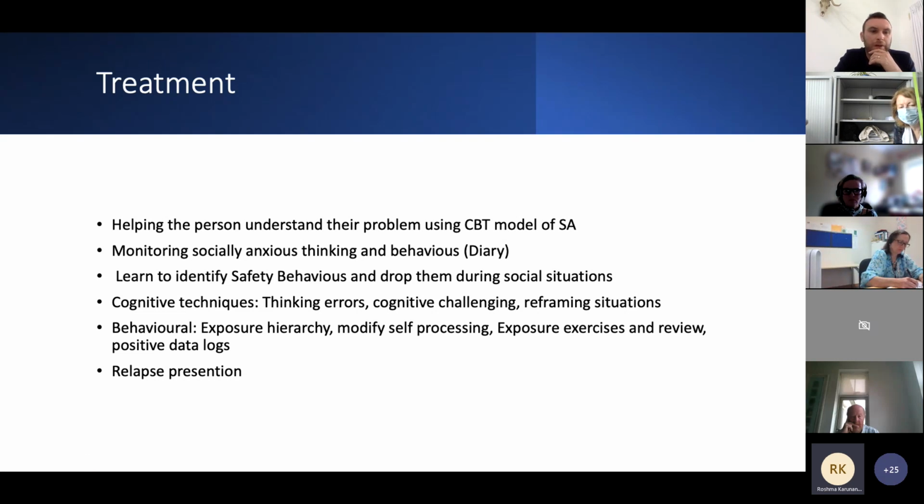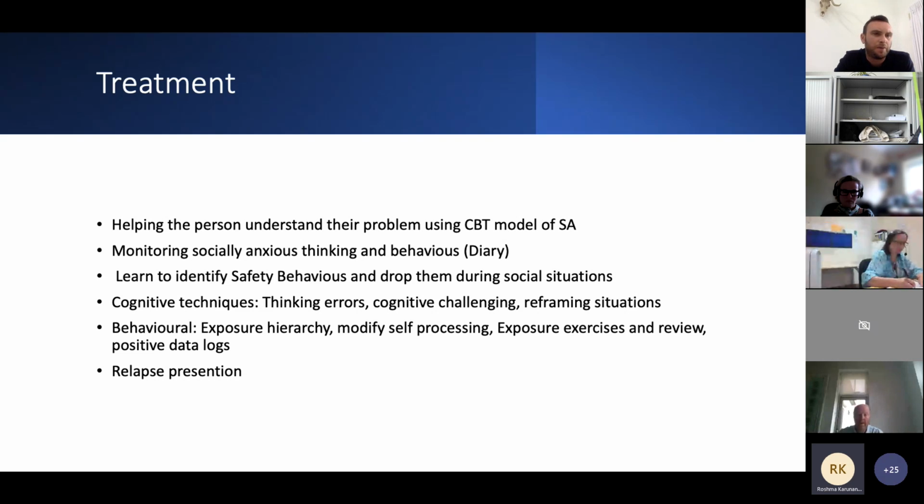Okay, perfect. So basically where I'm at the moment is, hopefully, I've given an example or overview of what social anxiety presents like. The first part, I think, in the treatment of social anxiety is normalizing the person's experience, listening to what they're saying and really stepping into their world, and helping the person see the different stages and understand the different things. So helping the person understand the problem using the CBT model of social anxiety, which I've given you a very broad range of what it looks like.